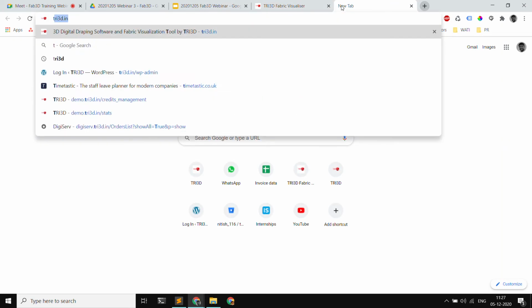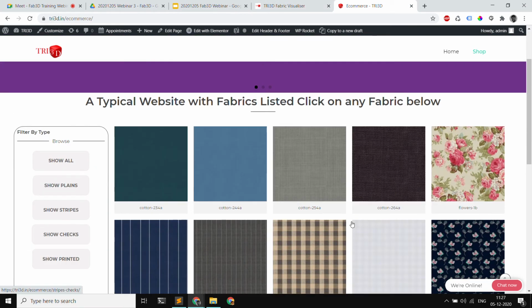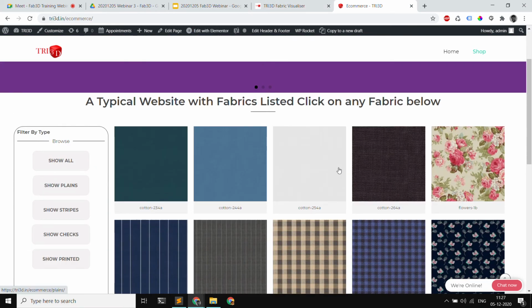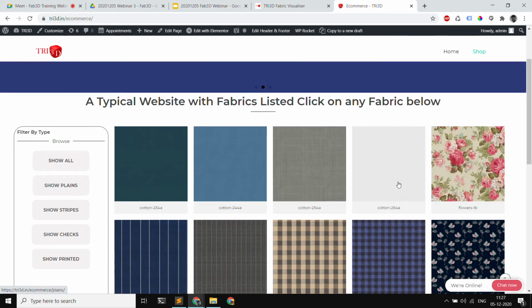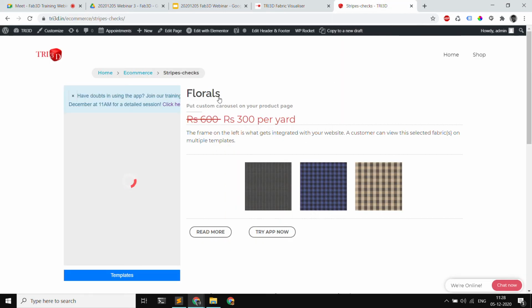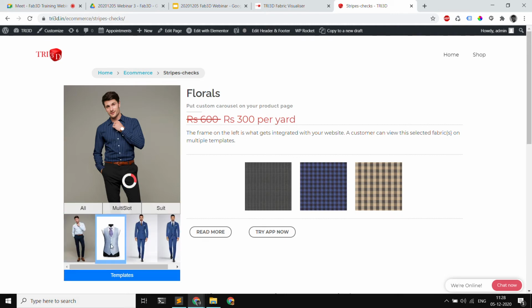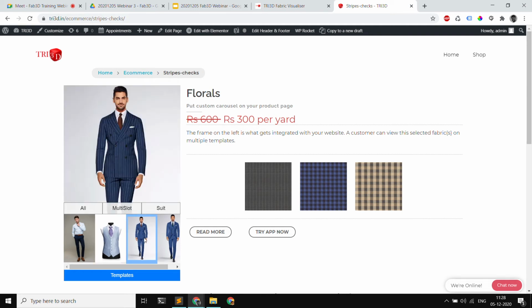So what we are also doing right now is we have this website integration wherein if you have a fabric store like this, wherein you're showing all the fabrics on your e-commerce website, then you can also integrate it with this particular viewer. This viewer, we give it out as a plugin for integration with different websites. Once you click on the fabric and you come inside, instead of a regular static image, we can load our engine on your website, and your customers can then click on these templates and see the same fabric on various different templates.